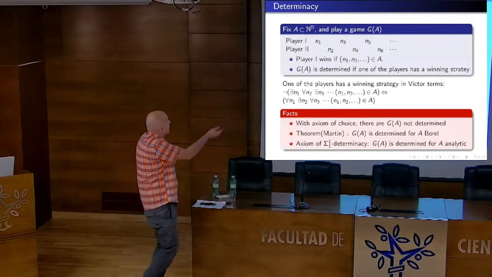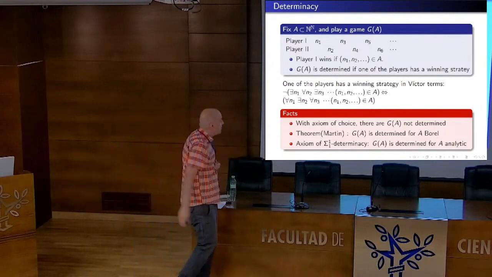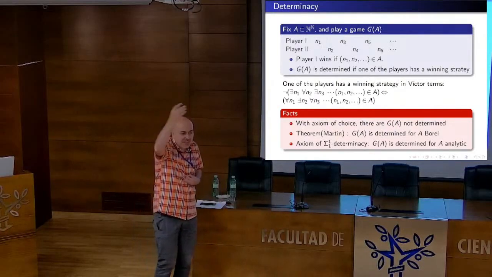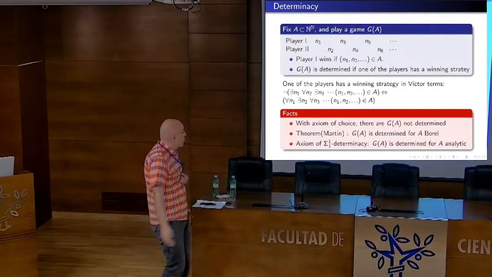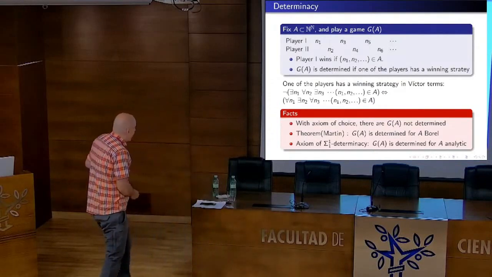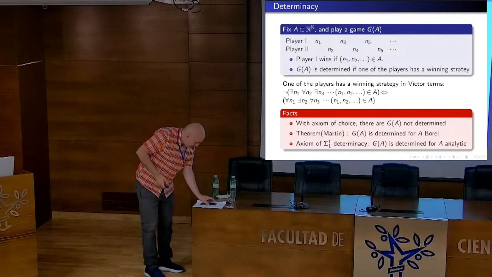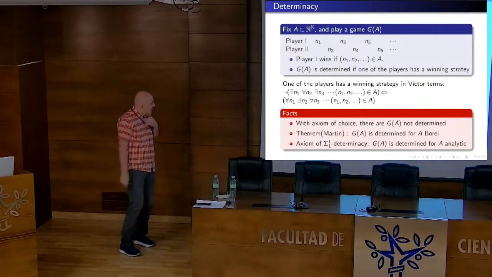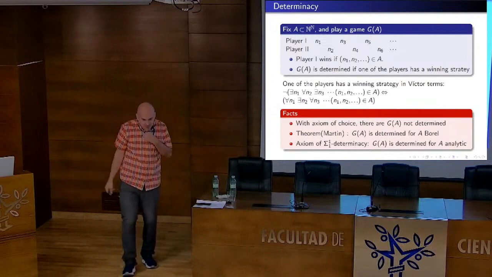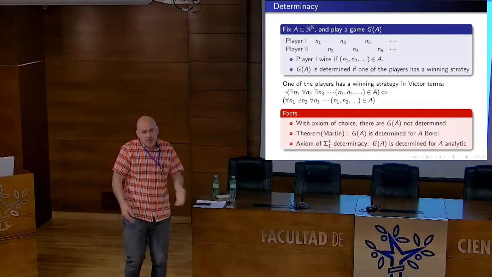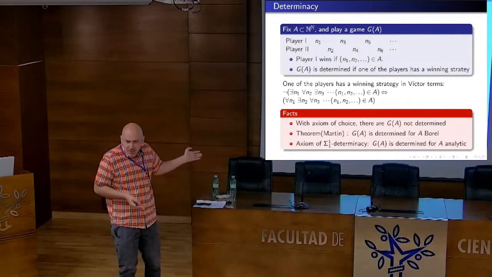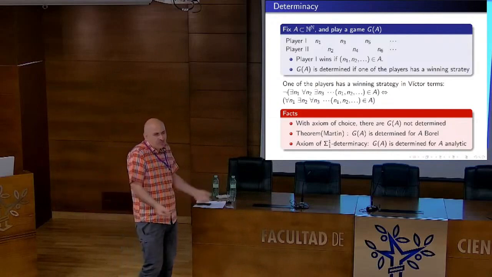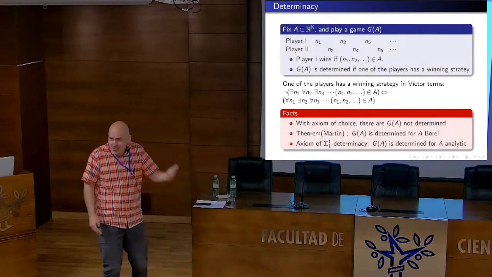So this is the axiom of analytic determinacy, that this game is always determined whenever A is analytic. You could also state an axiom of sigma 1, 2 determinacy, of sigma 1, 3 determinacy, depending on how far you go, or even projective determinacy. We will use this axiom at some point for some of our results. And the comment of Christian Rosendal is, okay, it doesn't matter if we have to assume this kind of axiom, because this is like the natural axiom from mathematics. It's okay to assume this. This is his point of view.